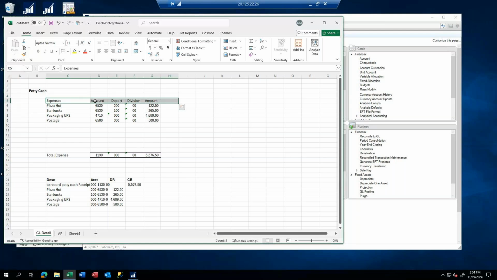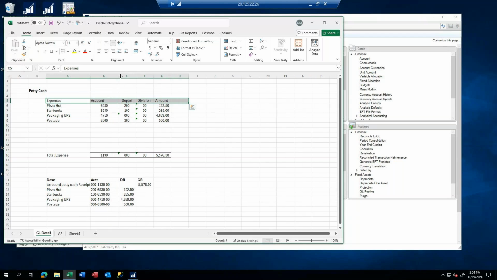So this is what I've got. I've got an account, a department, and a division. That's my chart of accounts. It actually goes department, account, and division. What I've done is add this as a spreadsheet that I might use on a day-to-day basis. I can add additional things. For instance, in here I can go postage to, like so. I can put it to 6,500, and then I can put it to 300 as well, and I can put it to